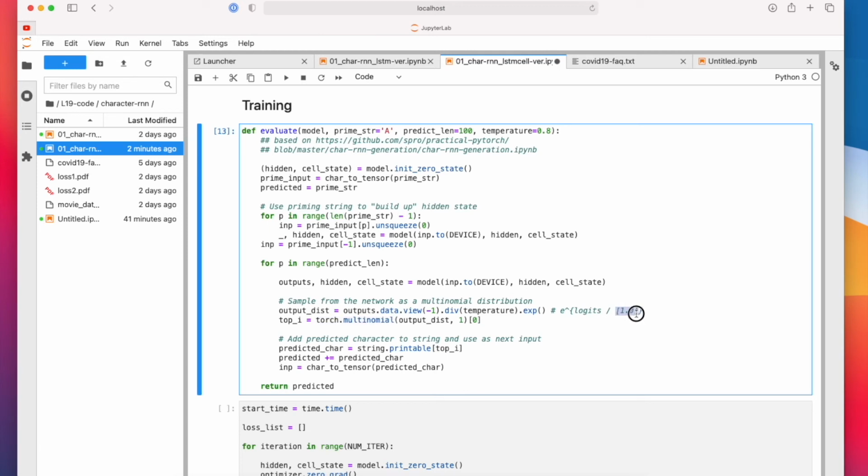and we can soften this by having a temperature of 1.0. This is the standard setting. A temperature of 1.0 is if we use no temperature. This would be our regular values, but if we use a smaller value, let's say 0.1, this will be a sharper distribution. So the character with the highest value will be sampled even more often. We can set the temperature very, very small, and then it will essentially be like not sampling at all. It will always sample the character with the highest probability. In that way, it's more deterministic.